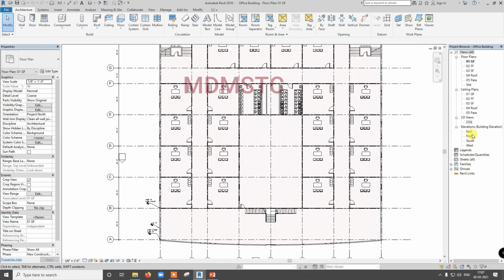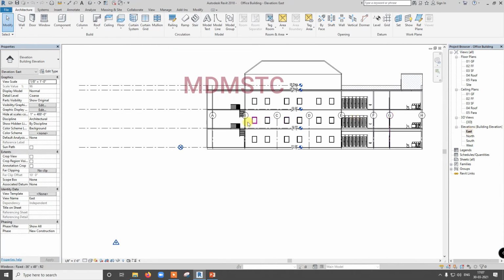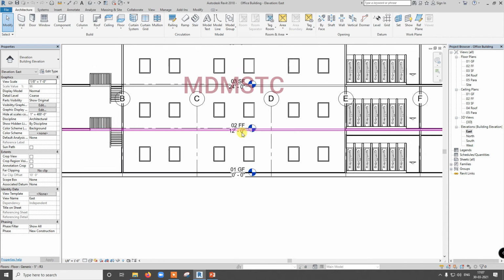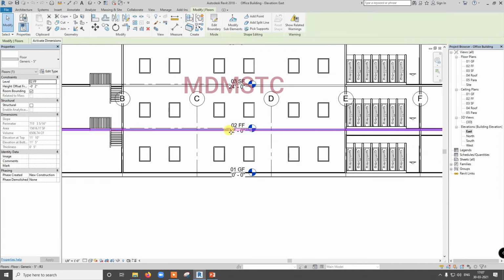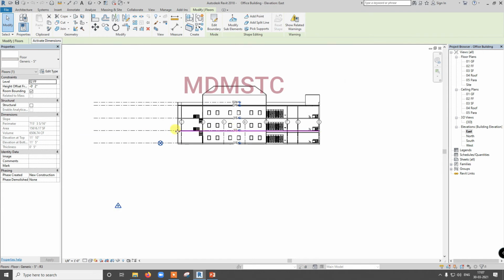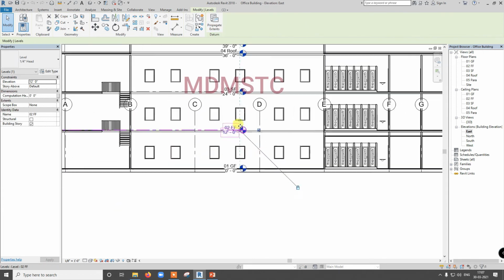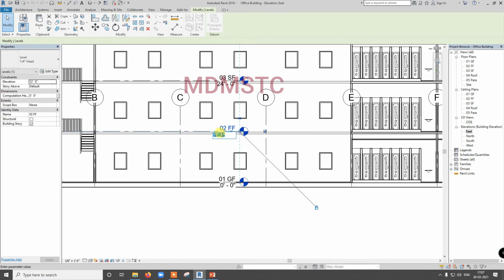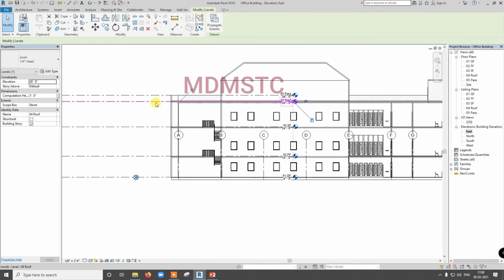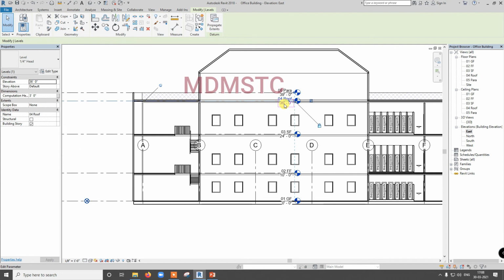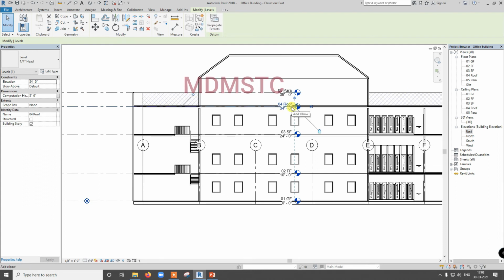Now what I am going to do is change this position. This level, select this. Instead of that, I am going to make it 10 feet. Some warning will come, don't worry, because I am going to change this to 34 feet.